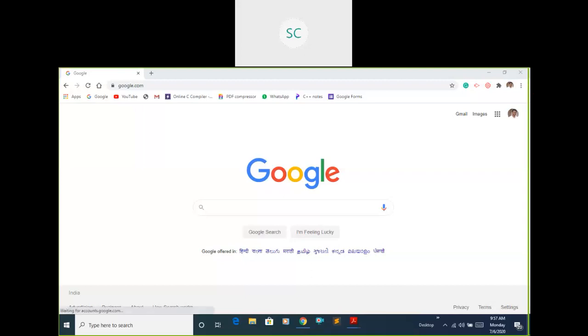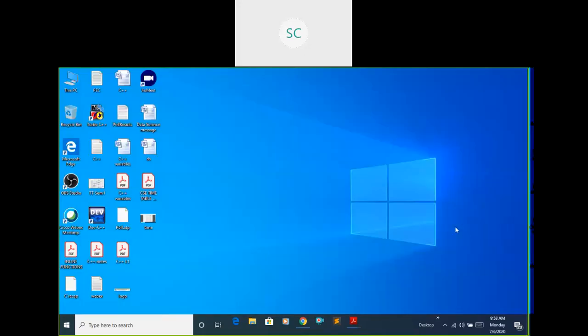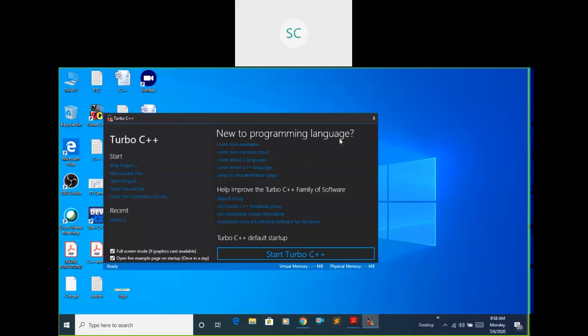See, in the last class we installed Turbo C in our local machine. After installation, we saw a sample hello world program, how to write a sample hello world program in C++. After installing your software, it will give one shortcut here, Turbo C++. By clicking this one, you can directly enter into that editor, or else you can go through the folders.